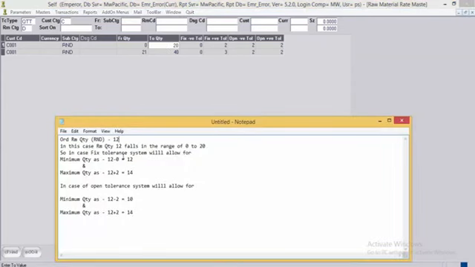So, in case of fixed tolerance, that is 0 to 2, system will allow for minimum quantity as 12, that is 12 minus 0, and the maximum quantity as 14, that is 12 plus 2. Same way, in case of open tolerance, system will allow the minimum quantity as 10, that is 12 minus 2, and the maximum quantity as 14, that is 12 plus 2.